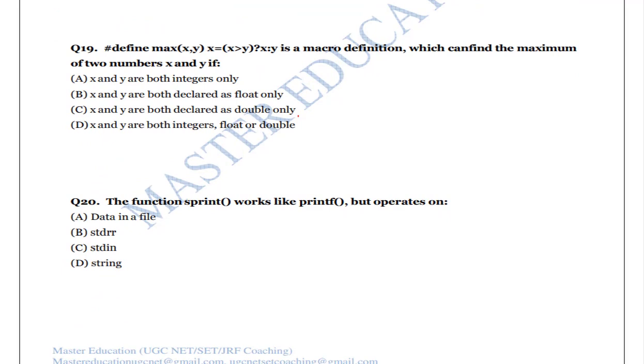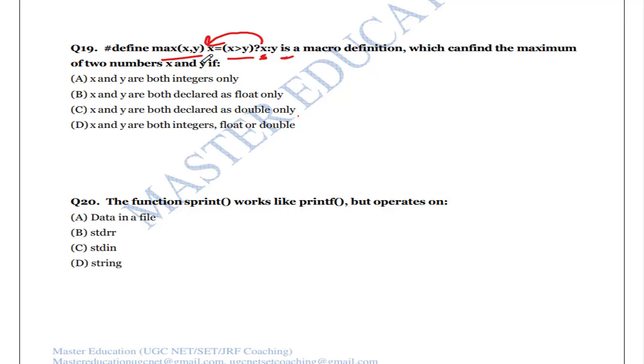The next question. This is a macro statement, #define max(x, y) x greater than y. If x is greater than y, x will be assigned. This is again a ternary operator, x will be assigned here, and if y is greater, y will be assigned. It is a macro definition which can find the maximum of two numbers x and y if both are declared as integers. Are x and y both integers only?